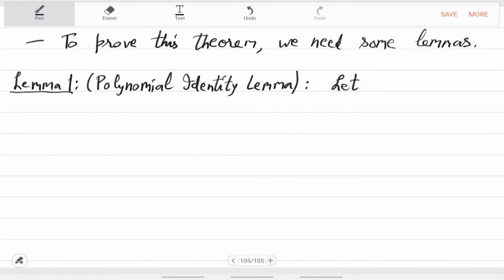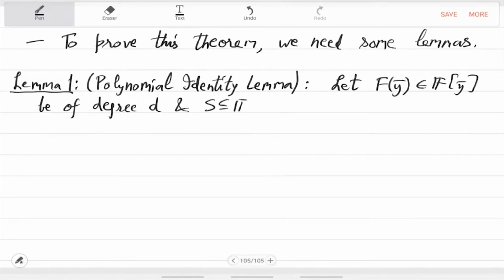It says that if you have a multivariate polynomial big F of degree D, and S is a subset of size greater than D,